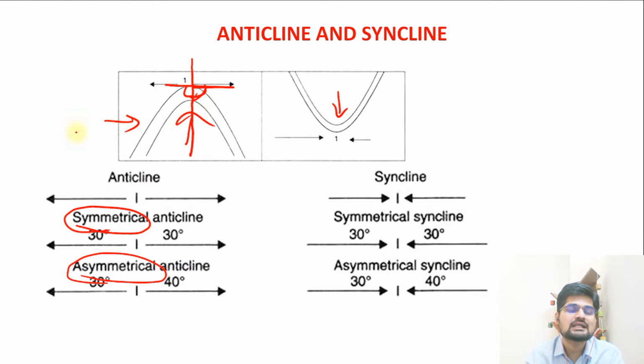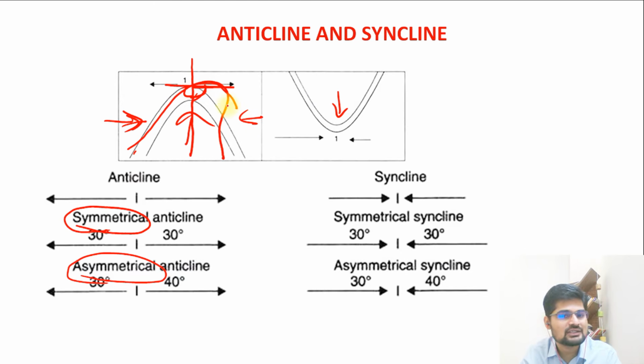It depends upon the nature of the fold. So if more force is from one side, automatically we understand it is going to go further, and if there is something not coming from this side, it is bending in one direction. So the axis of the fold is the determinant of this symmetry. Symmetry basically means one part and the other part are almost equal if you divide across the line of the axis. So it can be of symmetrical nature as well as asymmetrical nature.